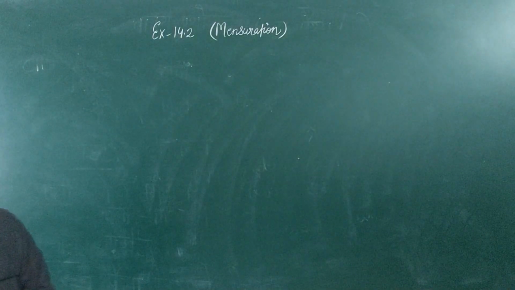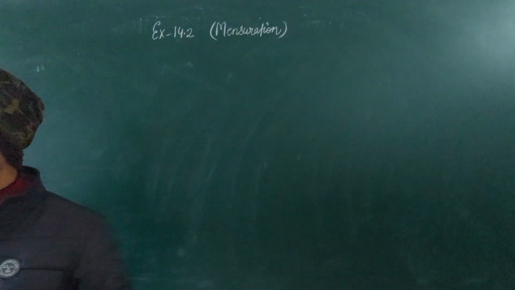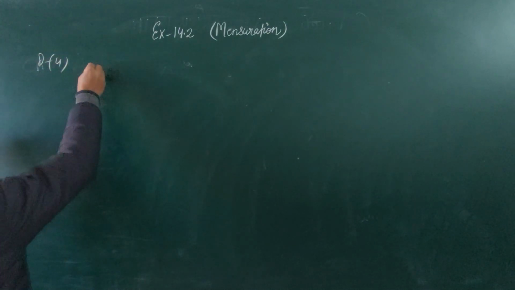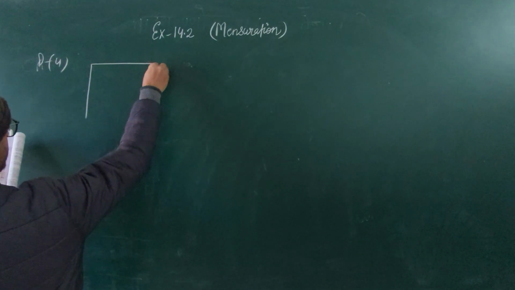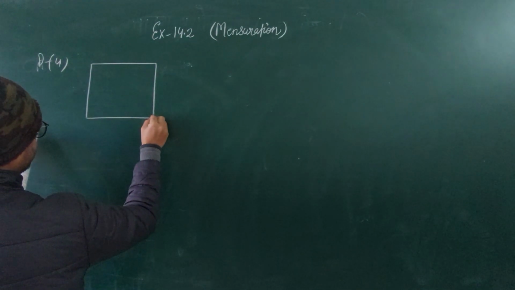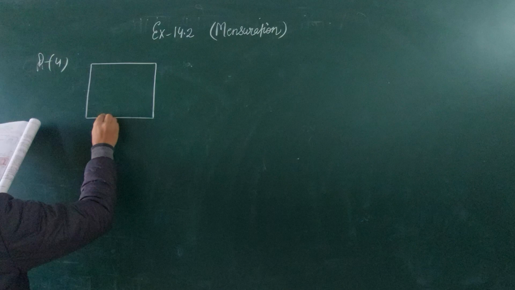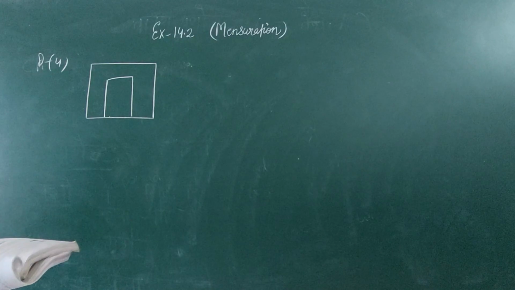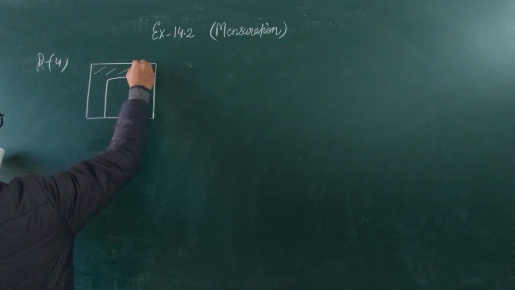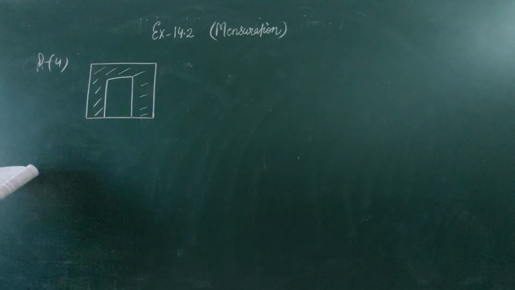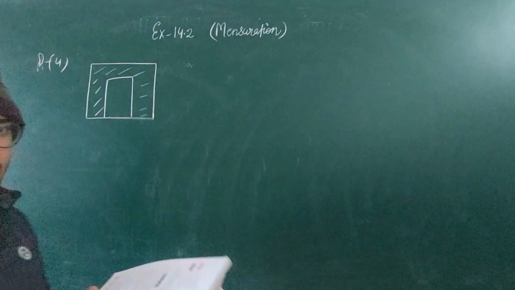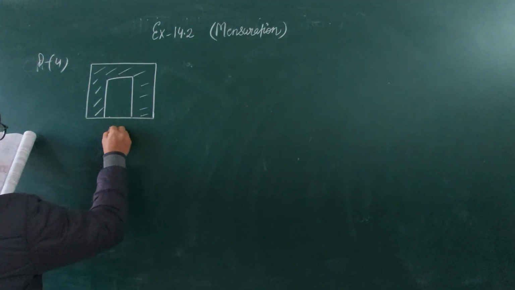Okay, according to the given question and in the given diagram, there is a wall and there is a door. This kind of figure is given to you in question number 4. This is your wall and a door is given like that. We have to whitewash only the wall, and this is the area where we have to whitewash. तो जिस एरिया पर आपको व्हाइट वॉश करना है पहले वो एरिया कैलकुलेट करना होगा. अब देखते हैं व्हाट आर द डायमेंशंस गिवन टू यू.